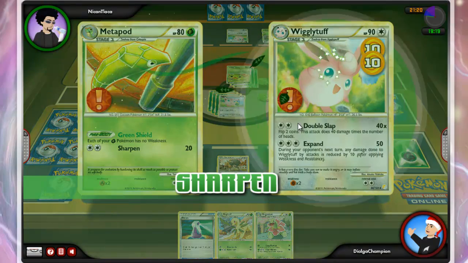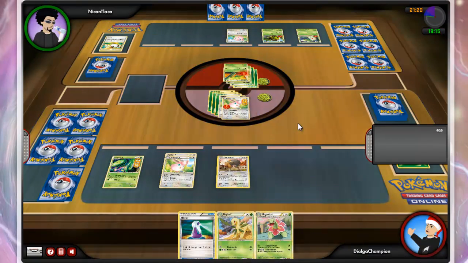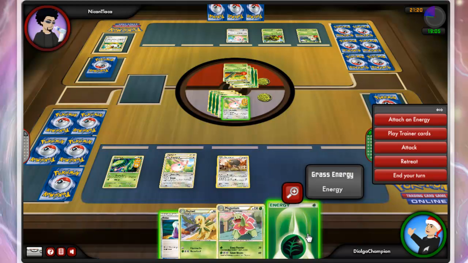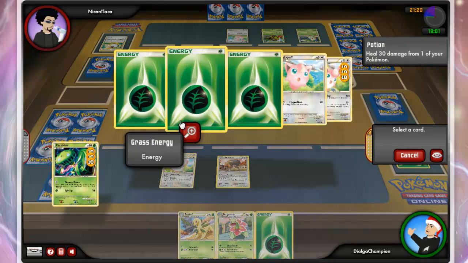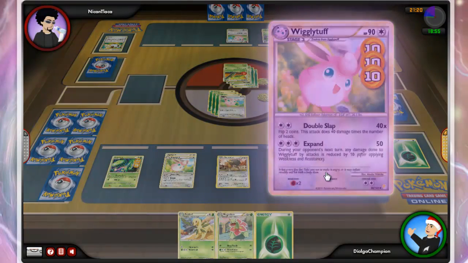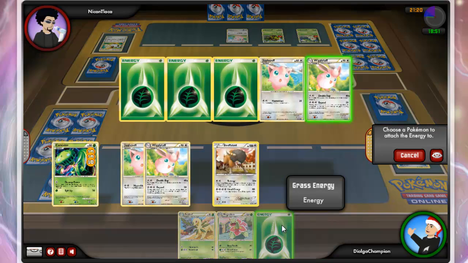And Metapod is going to attack me with Sharpen. 20 damage, but because of my Expand attack from last turn, he only did 10 damage. So let's go ahead and use a potion to heal Wigglytuff. Get rid of that 30 damage. And we're also going to attach a Grass Energy to Buffalint,